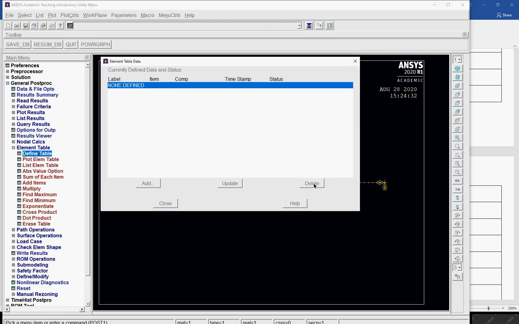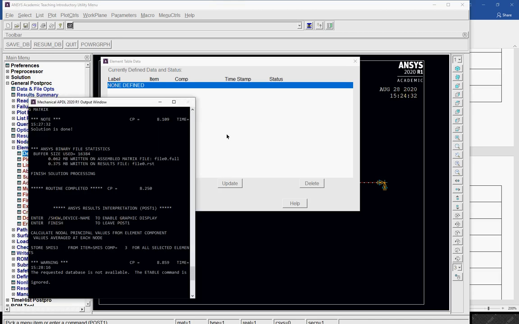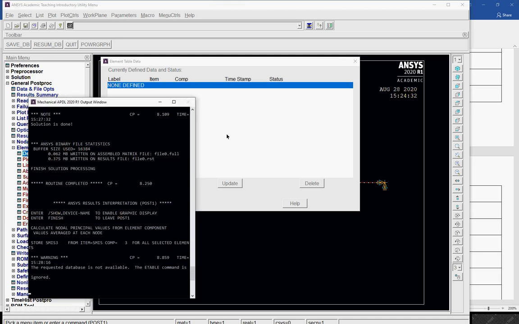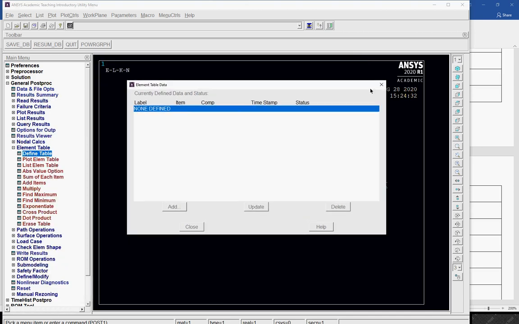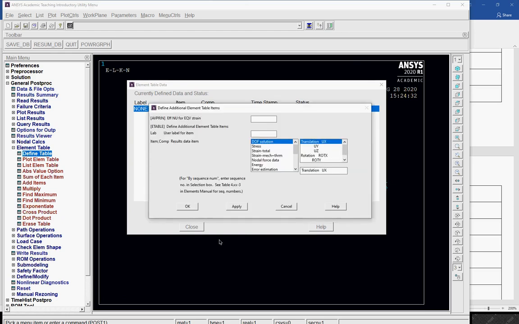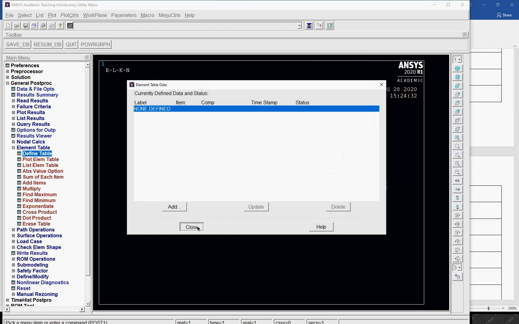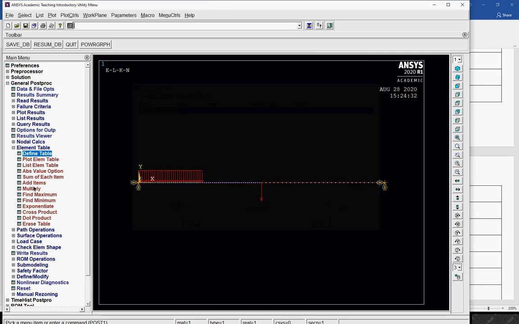Does it hang? Something is on define table. Okay, so I need to close this.